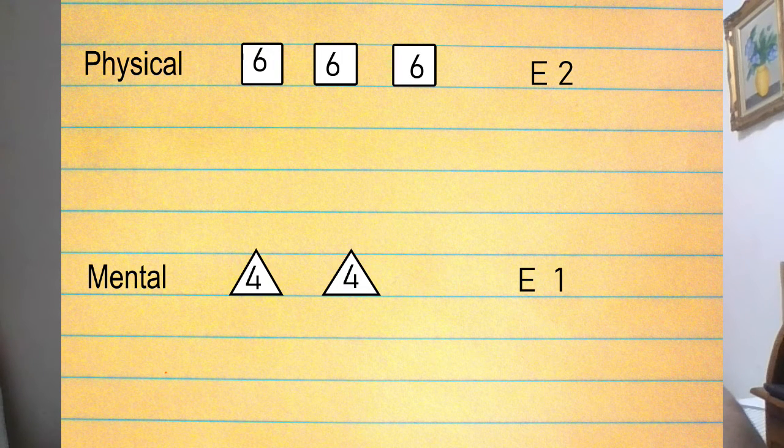A character starts with 3d6 and 2 edge in his physical pool and 2d4 and 1 edge in his mental pool. A character then gets 5 points which he can use to upgrade his dice pools. Creating a d4 costs 1 upgrade point. You can create a d4 in an existing pool or in a new pool. Any dice pool other than physical or mental is a power pool.